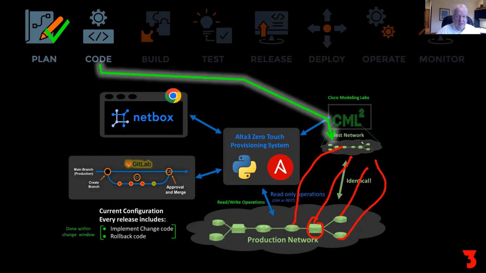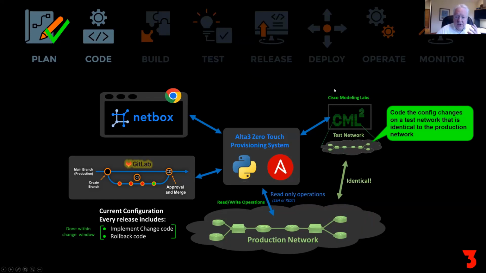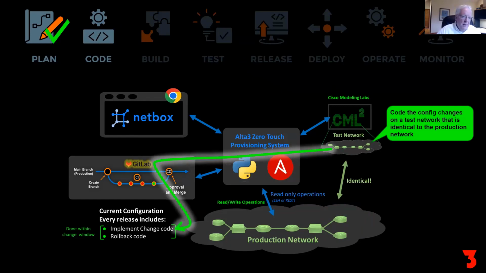And I'm going to test it. And I'm also going to test the rollback plan. I'm not going to wait till these steps. I'm the developer. I'm going to make sure, at least reasonably sure, that this is going to work, right? Now, not quite done. The next step then would be to say, all right, I've coded the config changes, and I'm going to store that in